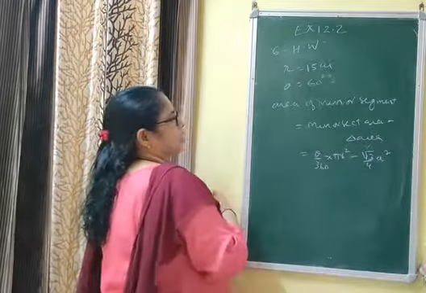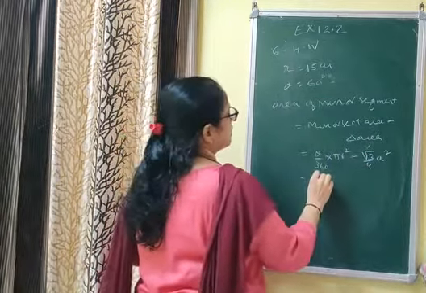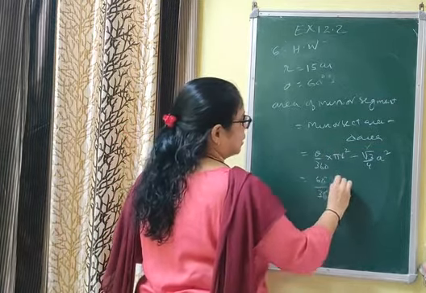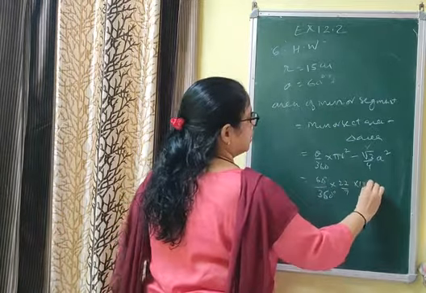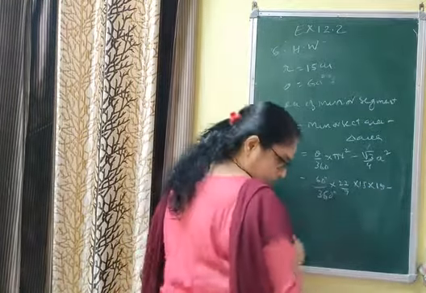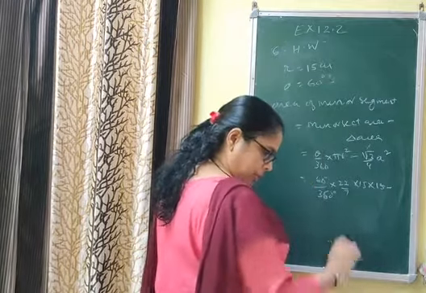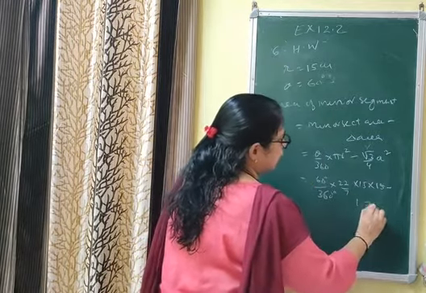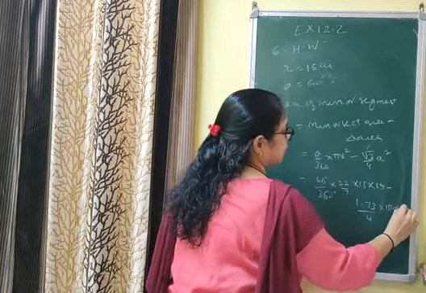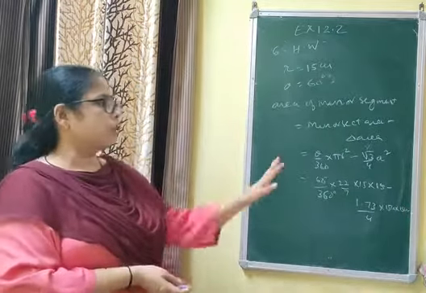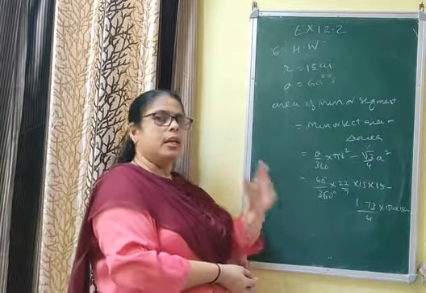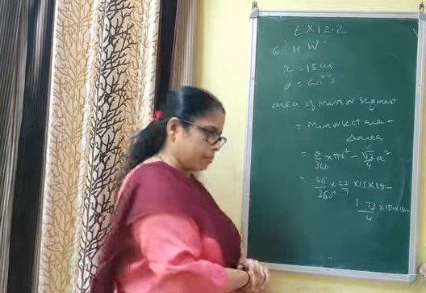since the triangle is equilateral. And you can find the values: 60 by 360, into 22 by 7 into 15 into 15, minus root 3 by 4 into 15 centimeter into 15 centimeter, where root 3 is given as 1.73. You can find the value by calculation. I will not give the simplification part as well as the answer. Now we can find major segment. How to find major segment: from the total area of the circle, you have to subtract the area of the segment.